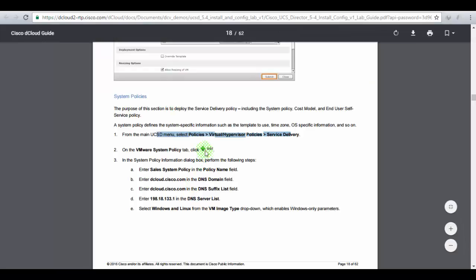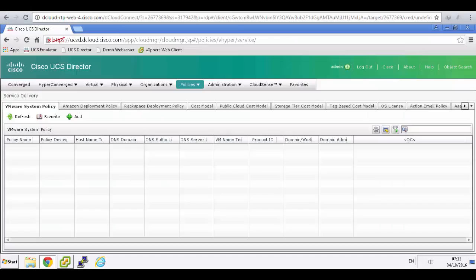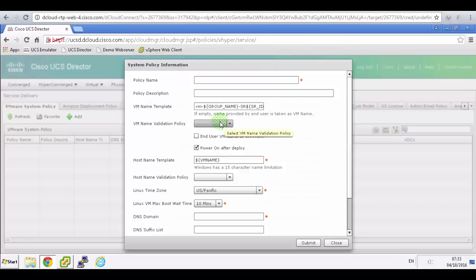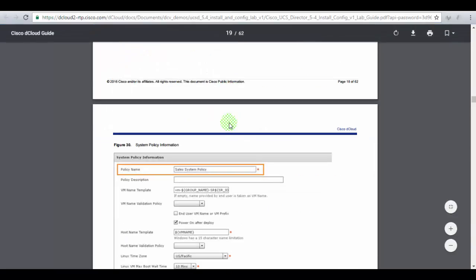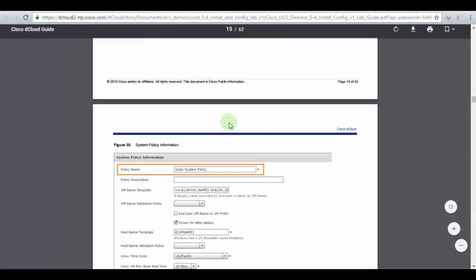And then we've got to click the plus sign to add a new policy, system-wide policy, and we're going to name it sales system policy. I believe we've got to leave everything just like that, and